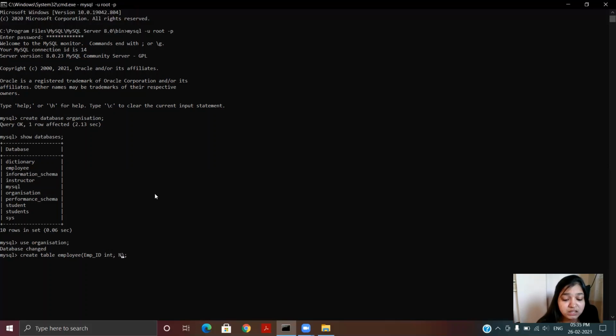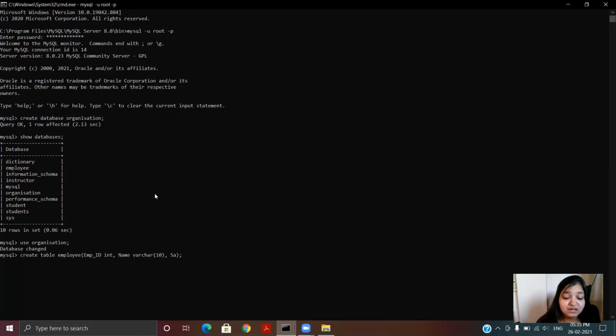Then you can take another attribute. Here I am taking name and I am writing varchar. Varchar stands for variable character length. It can be of any length within the mentioned size. Here I am giving 10. So any string that is of length 10 or below is accepted. While when we write just char 10, then the length has to be compulsorily 10. So while writing varchar, the name size can vary up to 10.